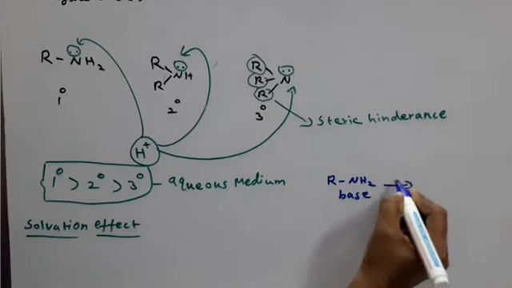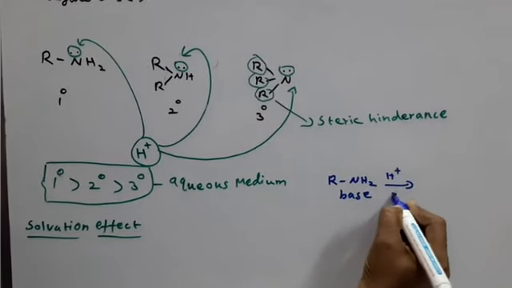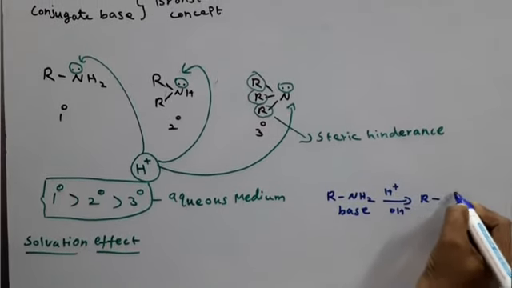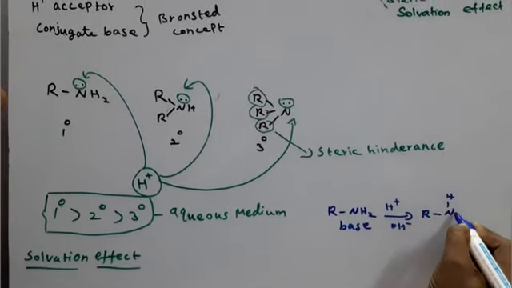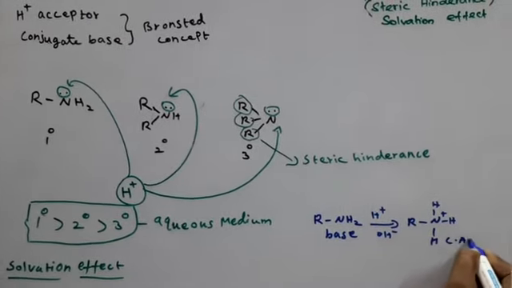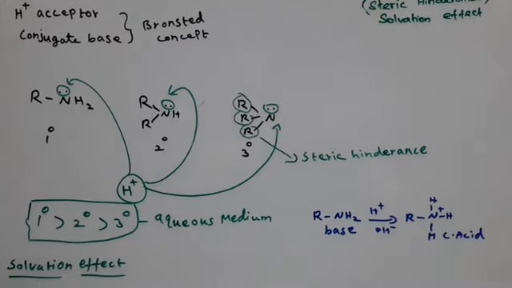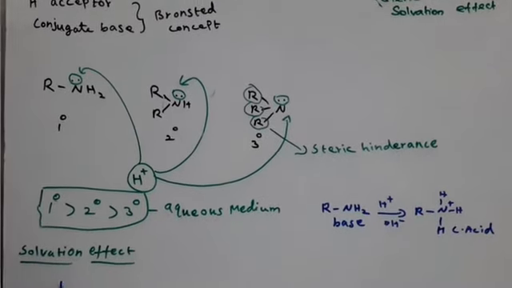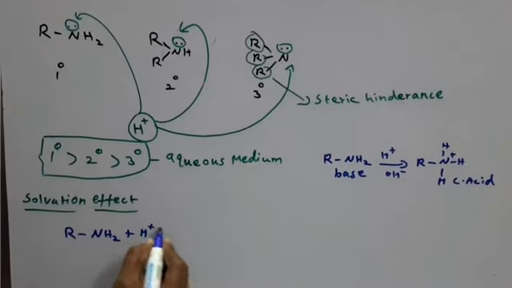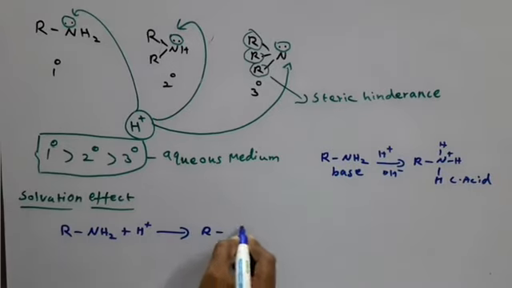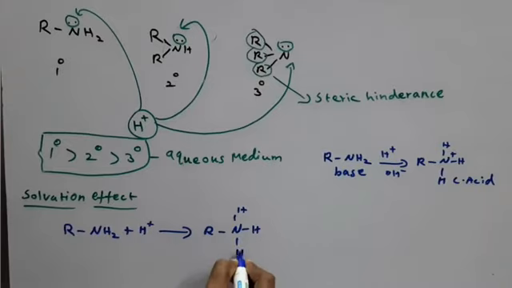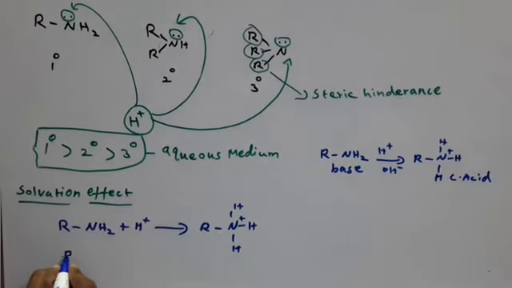This base accepts the H plus proton and releases OH minus to form the conjugate acid, NH and H and H. This is your conjugate acid. Okay, so here the solvation effect for primary amine RNH2 plus H plus gives RNH and H and H. Okay, so this is secondary